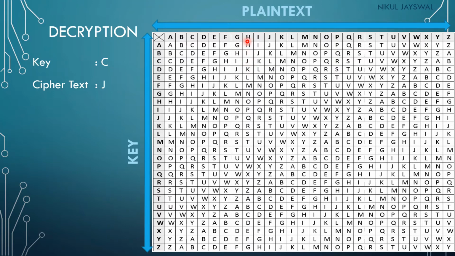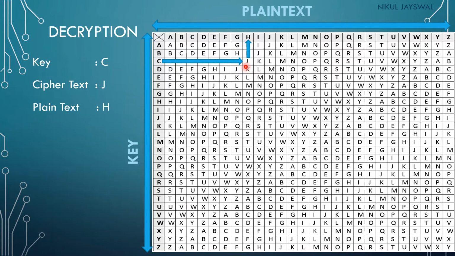So the plain text is H. So first of all, we will take C as the key, we will find the ciphertext in the table, and we will take H as the plain text. So this is how the decryption can be performed.